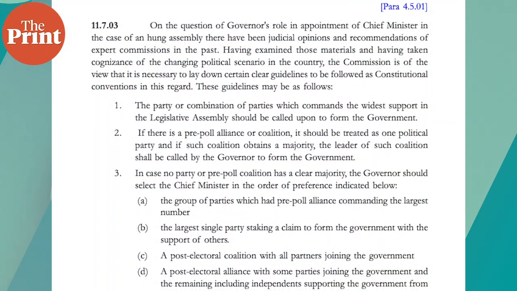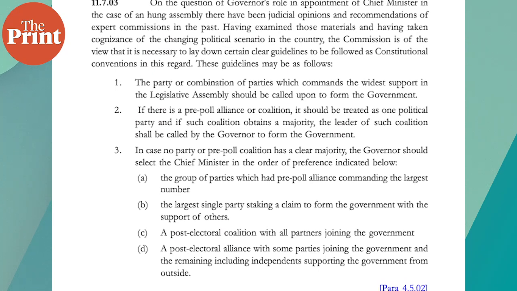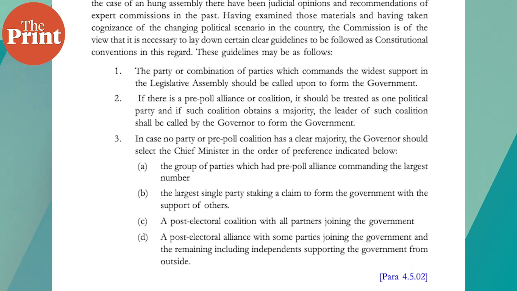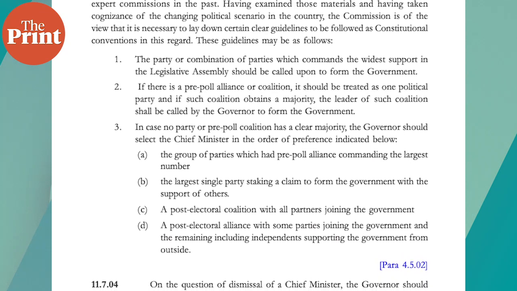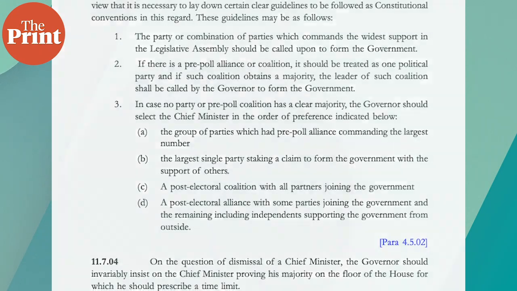But as you may have noticed, there are ambiguities surrounding these guidelines. For example, the very first option says that the first option for the governor is to call a party or combination of parties which commands the widest support in the Legislative Assembly. But the phrase "combination of parties" referred to in the first guideline does not specify whether it is a post-poll alliance or a pre-poll alliance. So it can be assumed that either of such alliances are covered by the said guideline, meaning that if a post-poll alliance commands the widest support in the Legislative Assembly, then it shall be called upon by the governor to